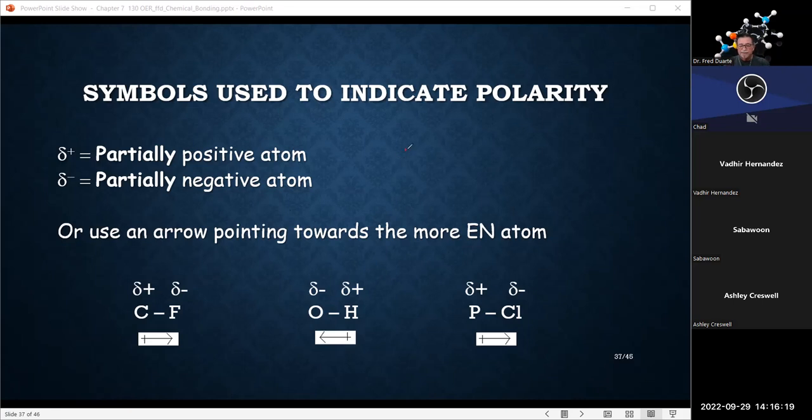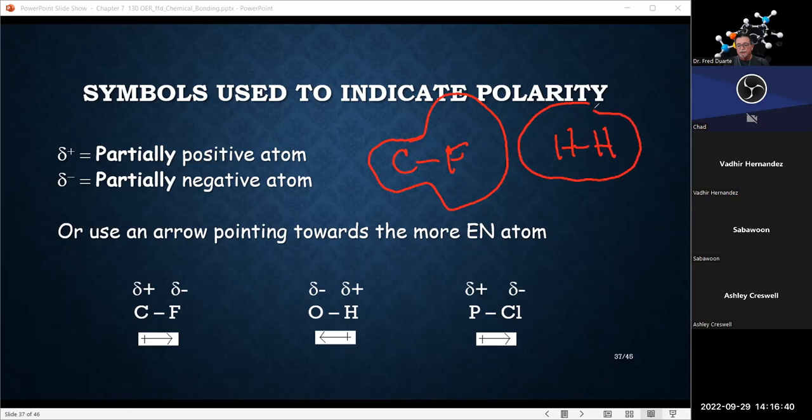And so if I kind of draw it somewhat, and next time around we're going to use some simulations. So this is kind of exaggerating it a little bit, but you can see normally if we were looking at hydrogen and hydrogen bonded, then the electron density cloud could dimensionally be equally distributed. But when one of them has a higher electronegativity, it's going to pull electrons onto itself with much greater force. Fluoride is going to do that, resulting in a partial, this is the lowercase delta, partial negative on the fluoride,